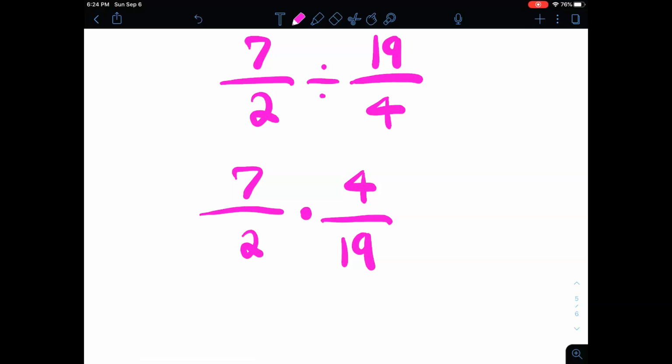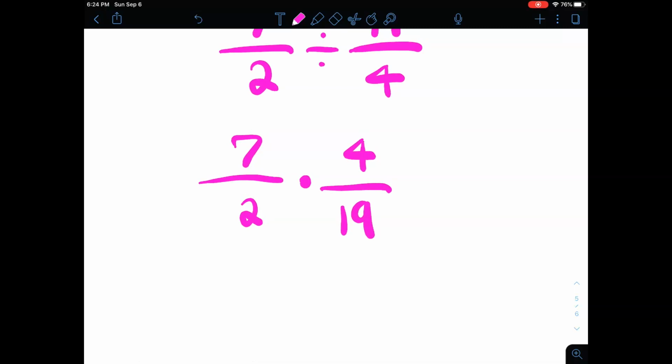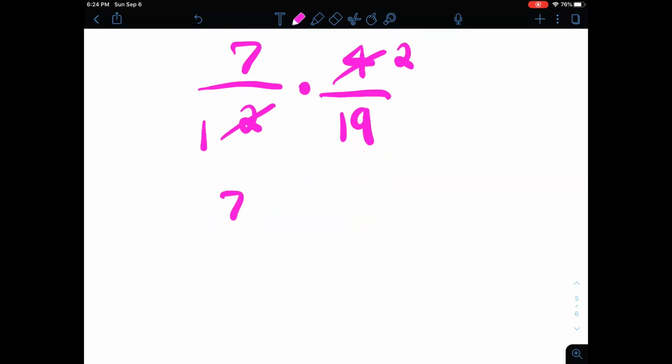All right. Now before we multiply, we always want to see if we can reduce the fractions. Can we reduce 7 and 2? No. 4 and 19? No. 7 and 19? No. 2 and 4? Yep. 2 goes into 2 how many times? 2 goes into 4 how many times? Twice. So we have 7 over 1 times